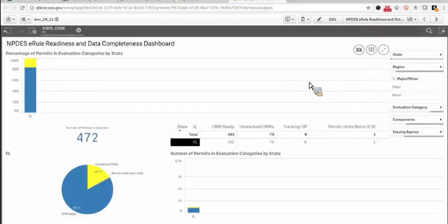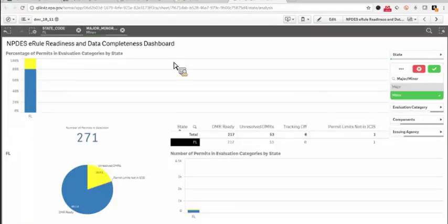Great. And the last thing that I would like to show from this dashboard is, so we can imagine that we are looking at the Florida data and we want to see just the status of minors in Florida. So we've made these selections. We're looking at just Florida and minors. But we want to see the facility specifically. So then we can move on to this next sheet,